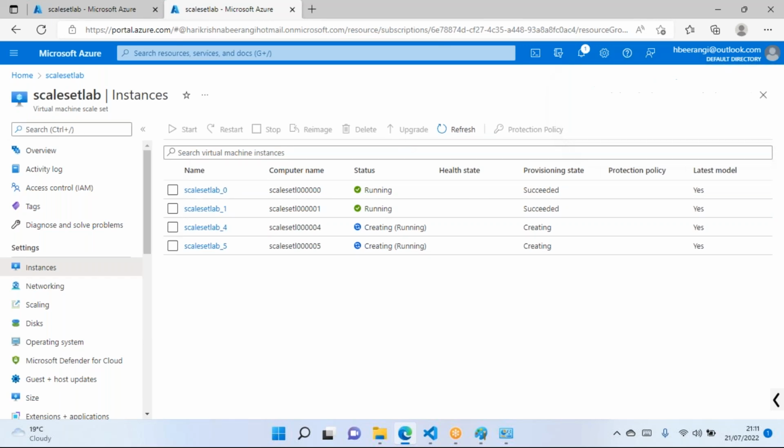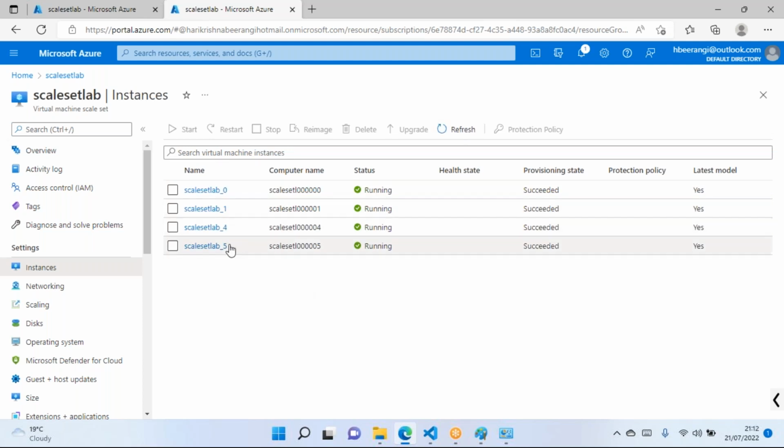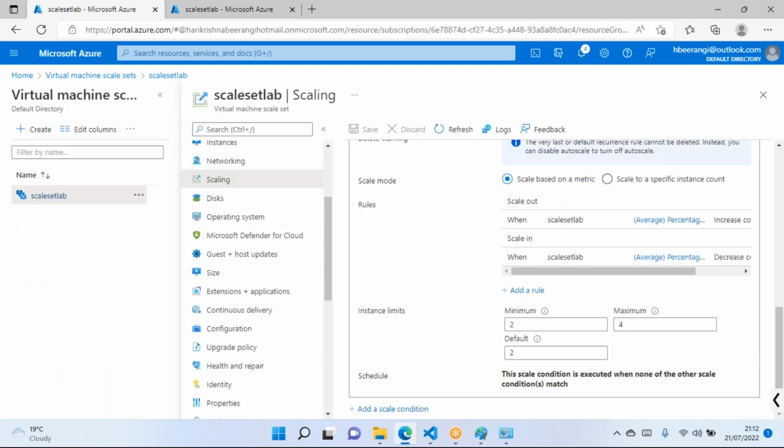Okay, so these will be created and the numbers will be picked randomly. Here there is 0 and 1, and if 2 and 3 don't come, that doesn't work. You need not worry about the numbers or names of the virtual machines. The only thing is you have to have your service up and running. Now we have 4 virtual machines as part of our requirement.